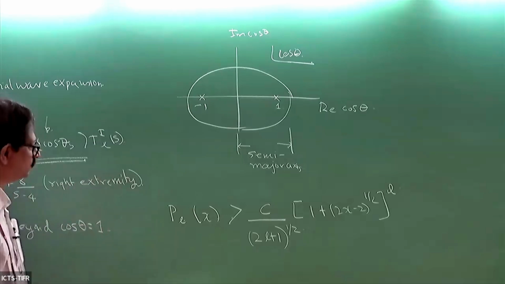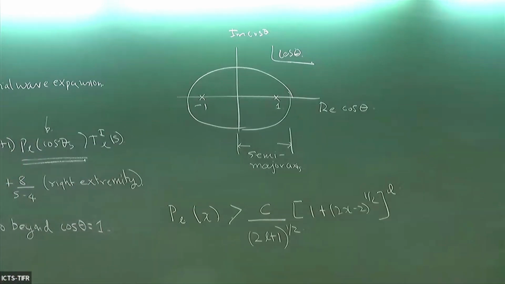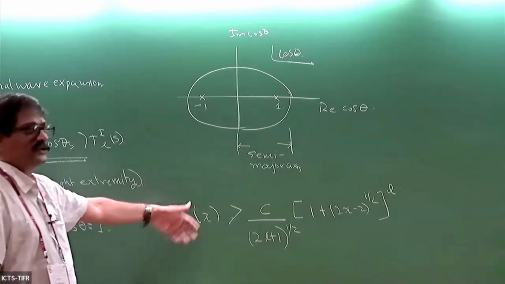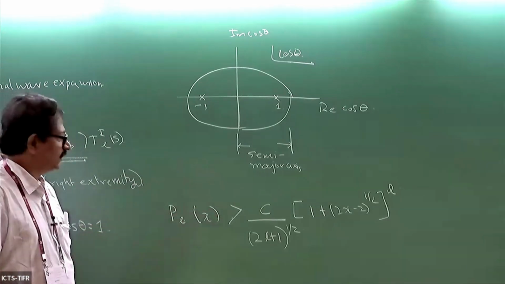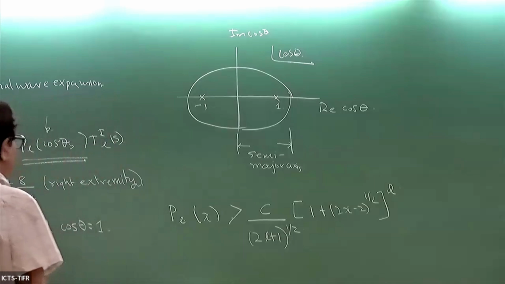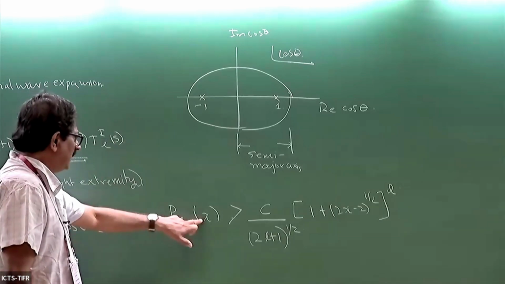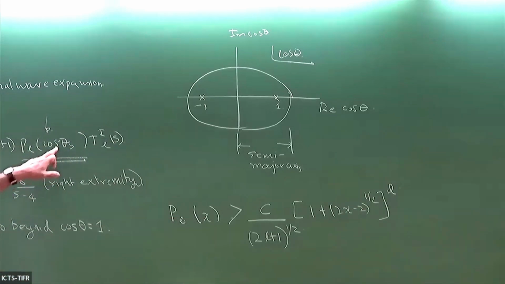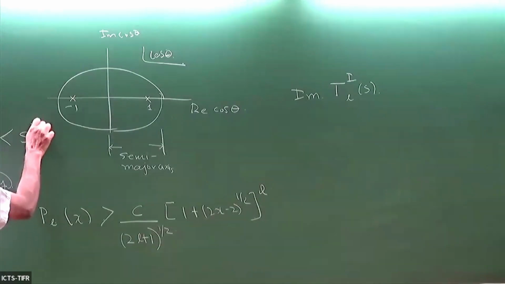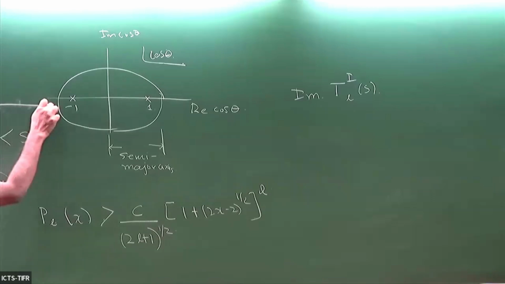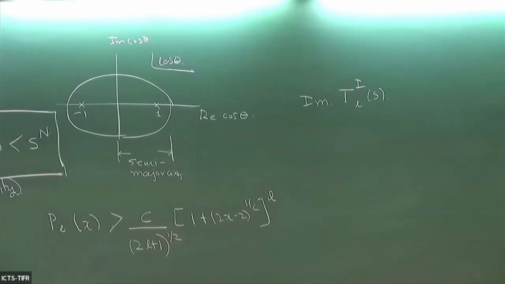I strongly encourage you to use pirated versions the way I do, and you can find this kind of asymptotic expansions for this. So here, now I need to do a PL of x, where my x is going to be cosine theta, and cosine theta, we already said, was t minus u, by less than s to the power of n. And this is a statement that is given to you by axiomatic field theory, that this happens to be true, and we actually don't know and don't care what this Sn is. So this is an upper bound